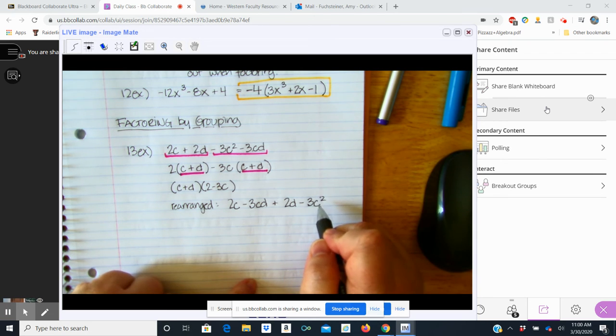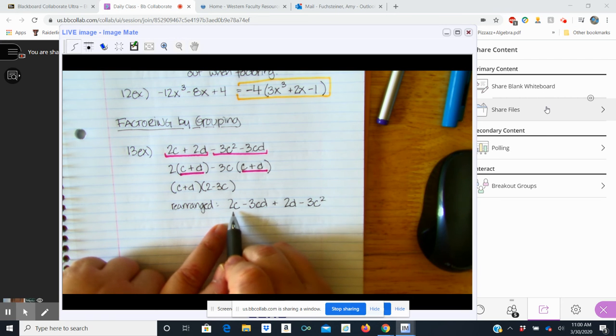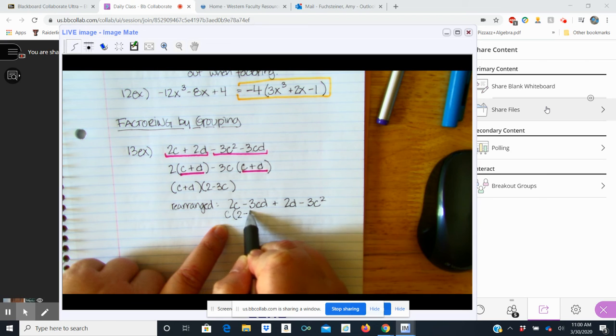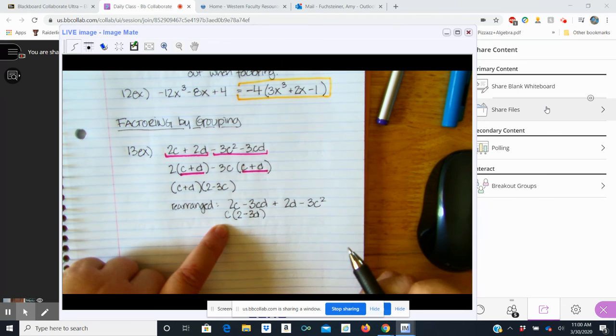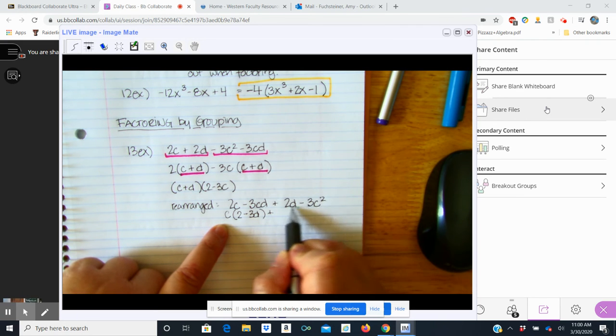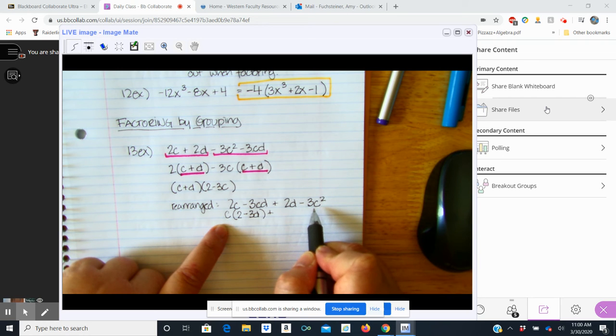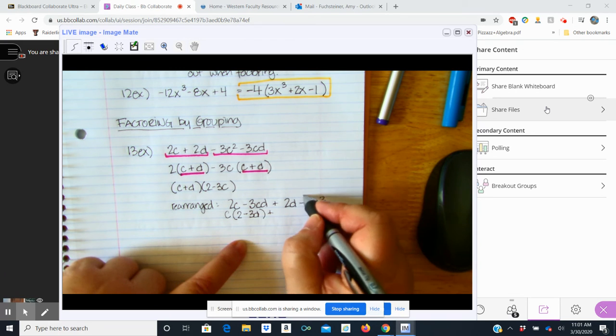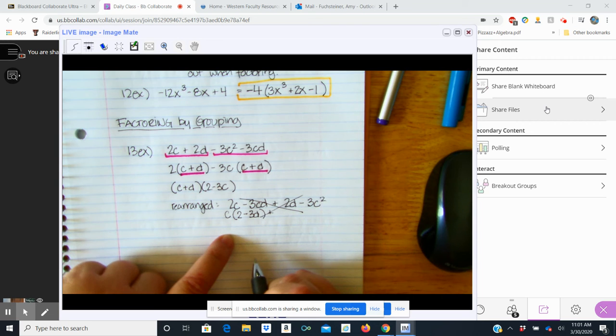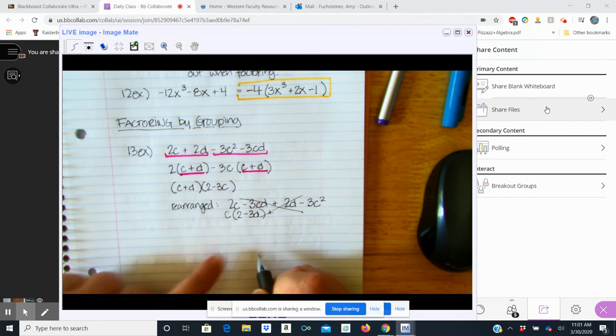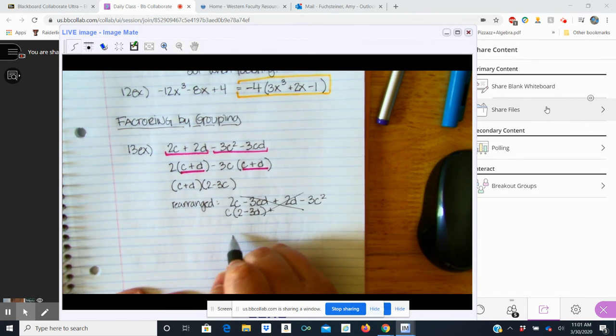Oh, yeah, that's right. Okay, now you could pull a C out of these first two, but then I can't pull anything out of those two. Right? So that rearrangement isn't going to work. But